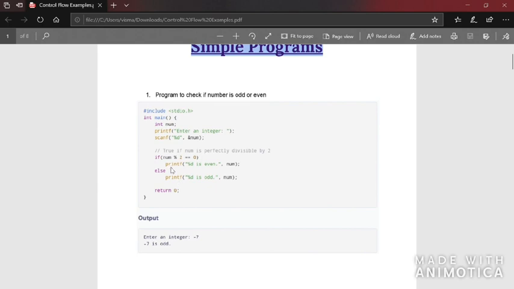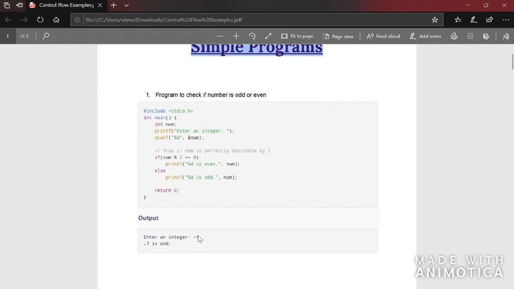So here the given input is -7. -7 is also considered an integer. Here it is declared as int. So any value starting from minus 37,000, I don't remember the range correctly, up to plus 37,000, within that range you can give any number as input. So -7 falls under that category, so definitely it will accept it and store it in num. If we give a number outside that range, we'll get an error message. Since -7 falls under that range, we do not get any error messages.